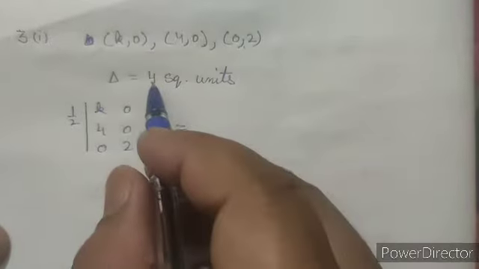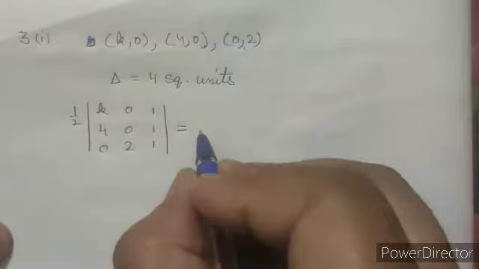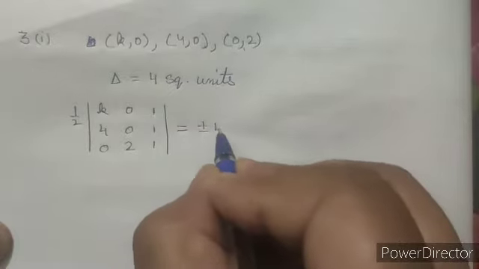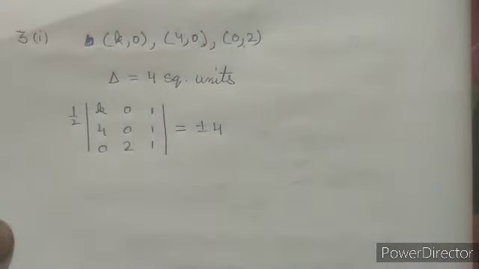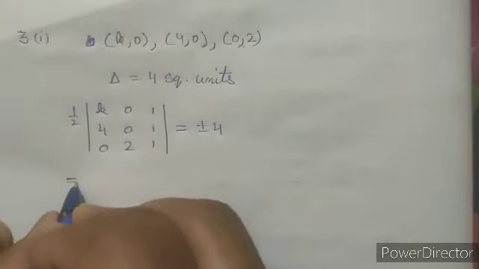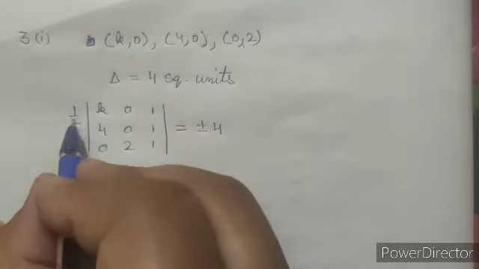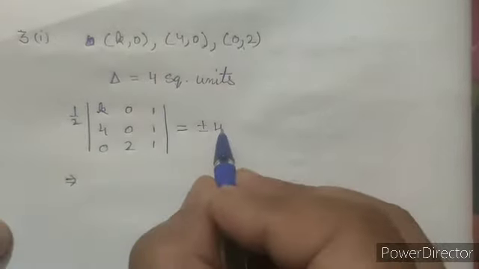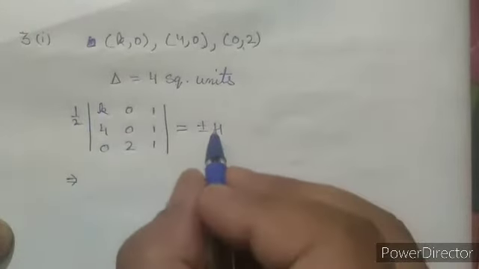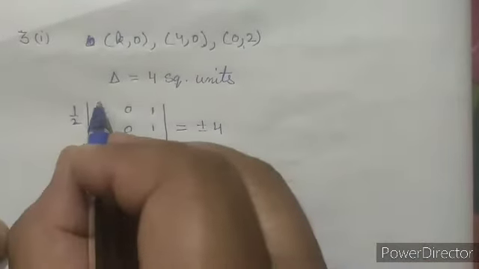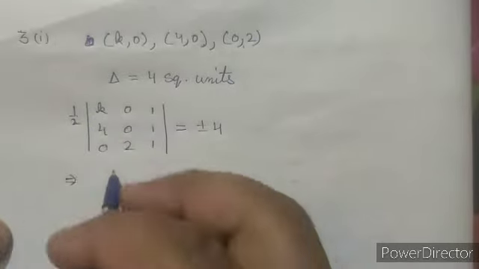So in place of 4 square units we will take plus minus 4. Now we can take the half to the right hand side to give us 2 into 4, which is equal to 8,